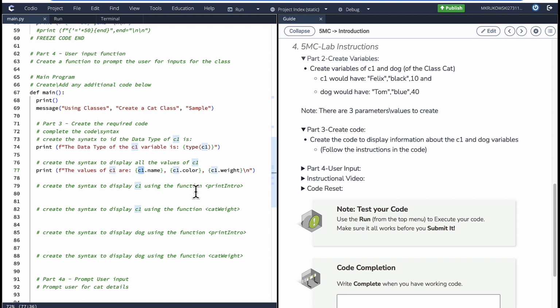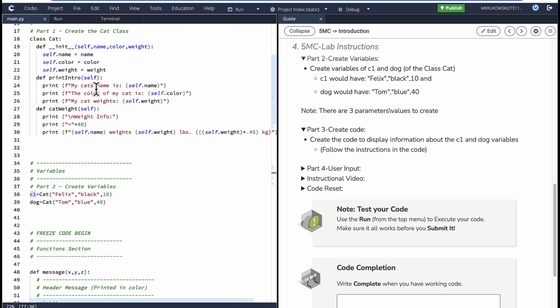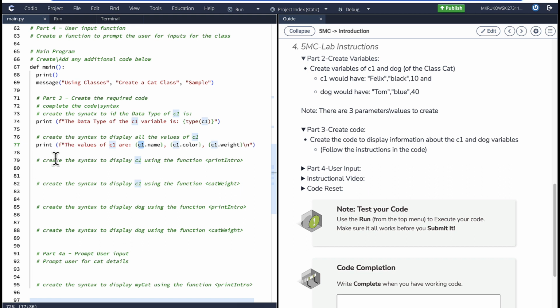10. Our statements here: create a syntax to display C1 utilizing the function of printIntro. So inside this class we have printIntro. So this is going to then display these particular print functions. So come down over here, make sure our indentation is correct. So what we're going to do is